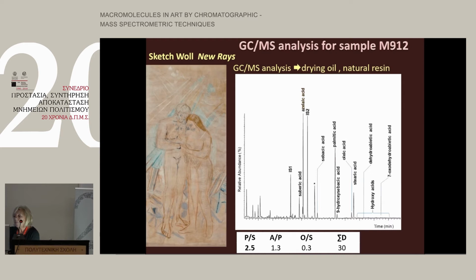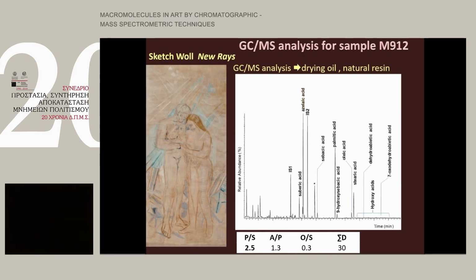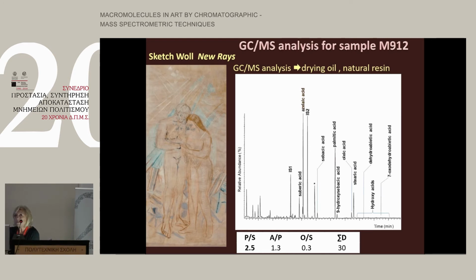And then if I make the ratios that are used to understand the origin of the drying oil, I find that yes, I am sure that I have a drying oil because I have a ratio of A on T of 1.3, which is high enough. But I have a P on S ratio of 2.5, which highlights walnut oil or poppyseed oil, but I am not sure about that because we are in a period of history